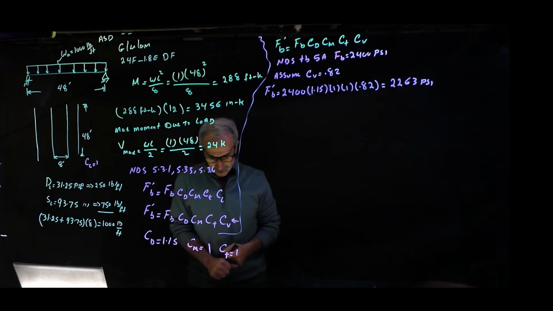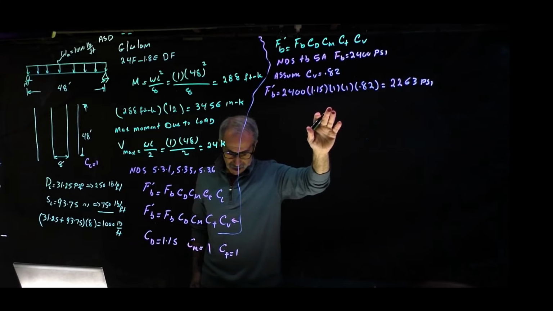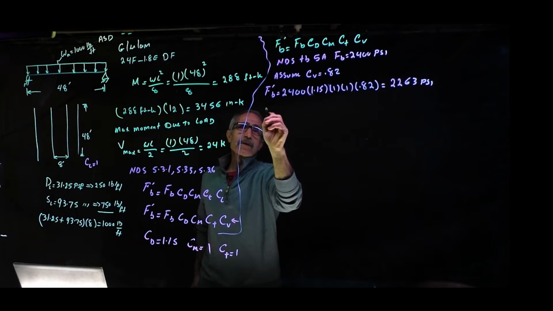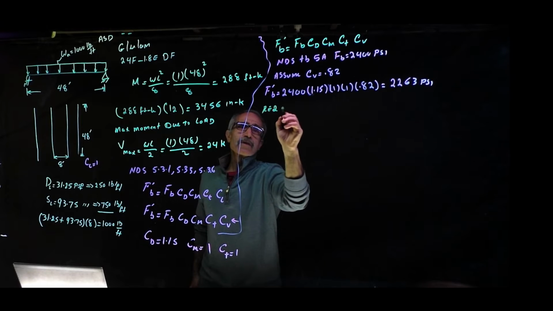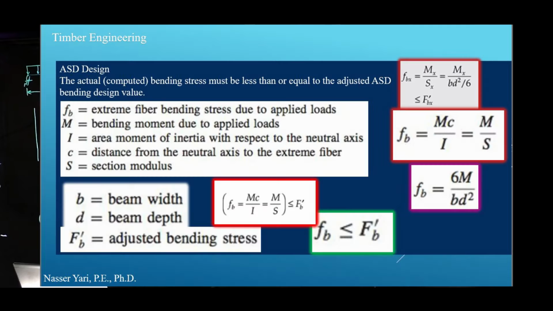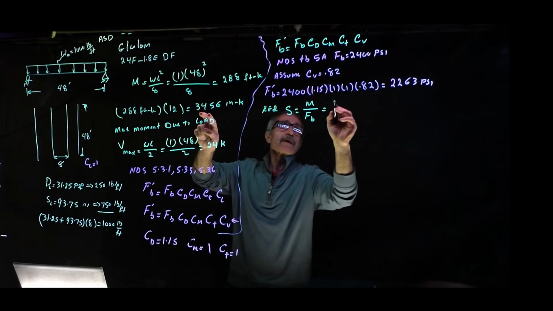So now we have that, and we know the bending moment. Look at that equation. I'm going to say the required section modulus is equal to M divided by F_b, and our M came out to be 3456